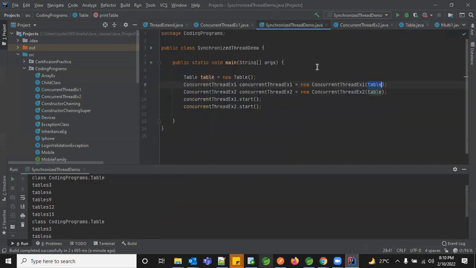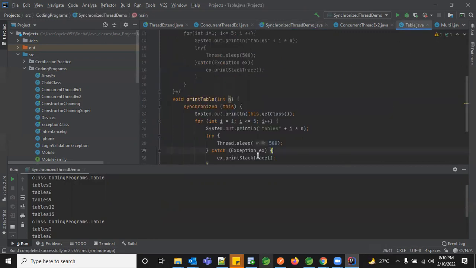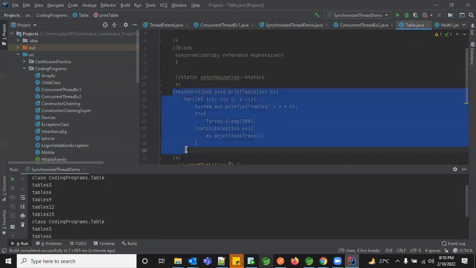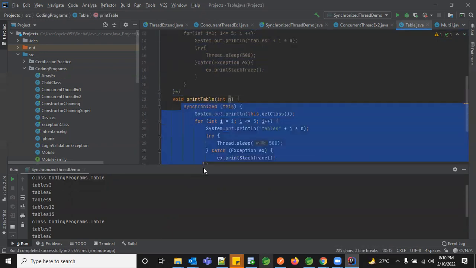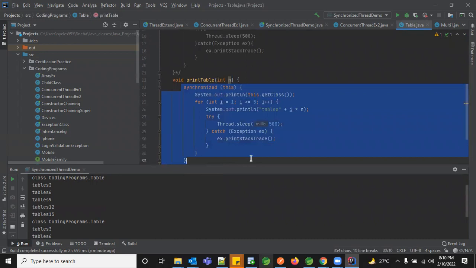The second time, you're passing the same table instance again. In that case, this is not getting interrupted. You're actually maintaining a lock mechanism. So you can either go with the synchronized method, or this is also another way to implement the mutex concept. So these are the two concepts.